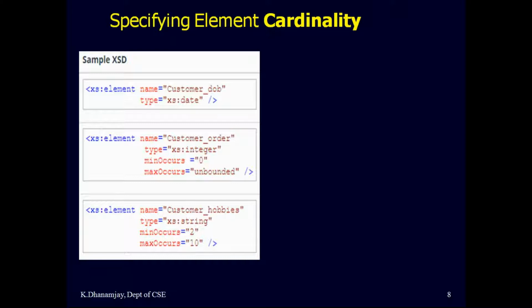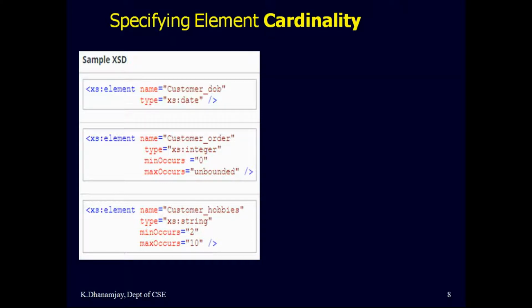Therefore, if both the minOccurs and maxOccurs attributes are absent, then as in all the previous examples, the element must appear once and only once. Okay, you have to remember that. Here also I have not specified minOccurs and maxOccurs, but by default it appears only once. minOccurs can be assigned any non-negative integer value, for example 0, 1, 2, 3, etc. And maxOccurs can be assigned any non-negative integer value, or the special string constant unbounded, meaning there is no maximum, so the element can occur an unlimited number of times.